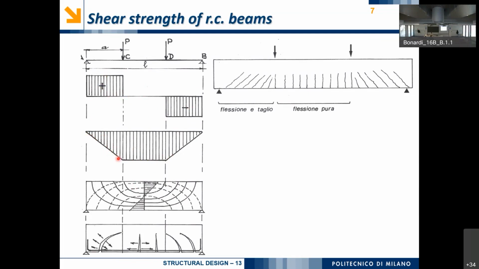Now, from what you have seen so far, we need to put some reinforcement. And let's start with the longitudinal reinforcement. Here, since we have just one span, we know that bending moment will be positive, so we have tensile strain and tensile stresses in the bottom fibers of the cross-section, and we will need to put some reinforcement bars which run along the length of the beam in the bottom part in order to absorb the stresses that concrete cannot undergo. In fact, as we increase the loads, we expect some level of